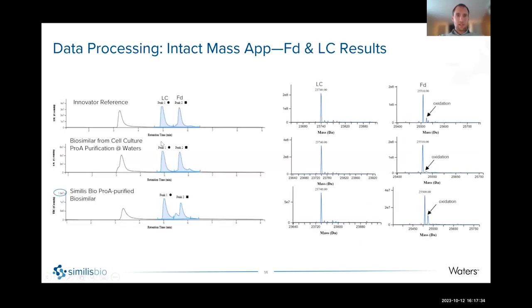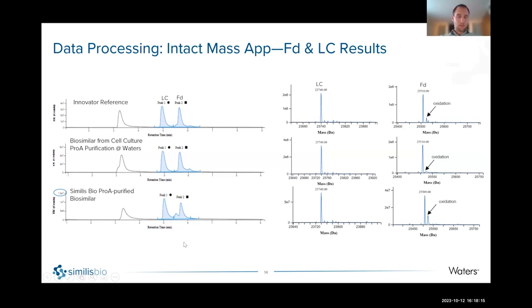This next slide has the light chain and again, the Fd, or the Fab portion of the heavy chain. And these peaks were not glycosylated, so they're a little bit more simple to look at. But we do have oxidation on the heavy chain. So if you look at the innovator, we don't see any pre-peaks on that. What's labeled here as peak 2 is at relatively low amounts. What I suspect these peaks are, if you look at the very bottom left trace, we've got a strong pre-peak on peak 2. We expect those to be methionine oxidation.